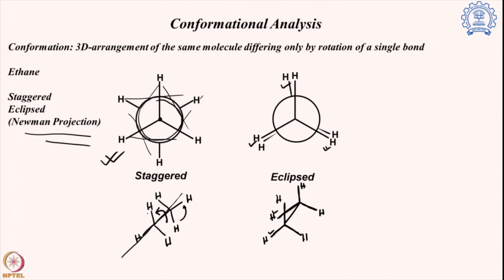So these are kind of, we say, eclipsed to each other. That is known as the eclipse form, whereas this one is known as the staggered form. What is the difference between these two molecules? They are the same molecule, ethane, C2H6. But the difference is how